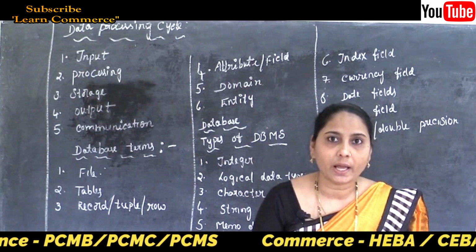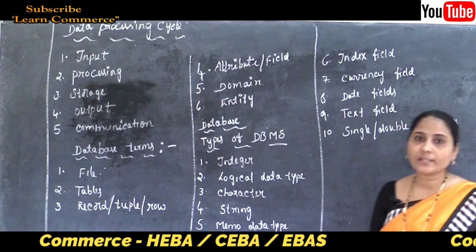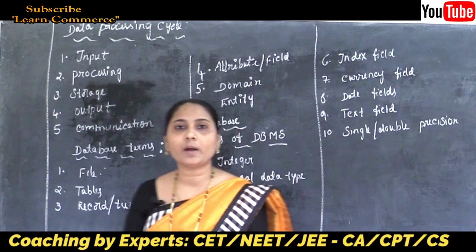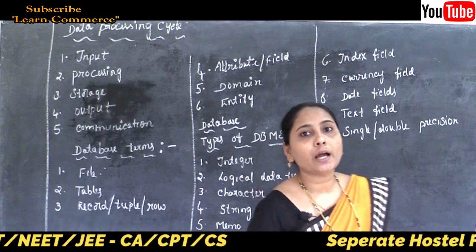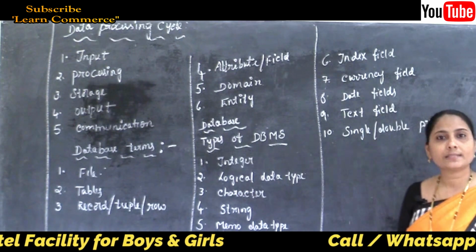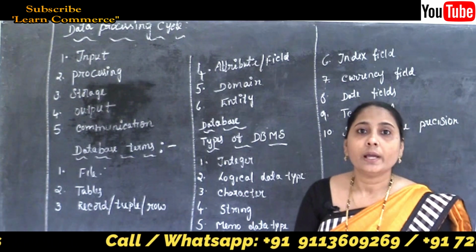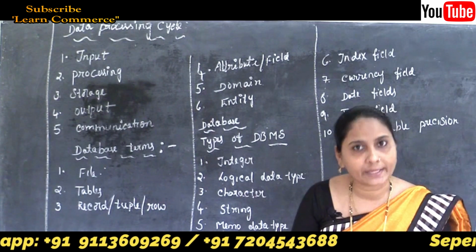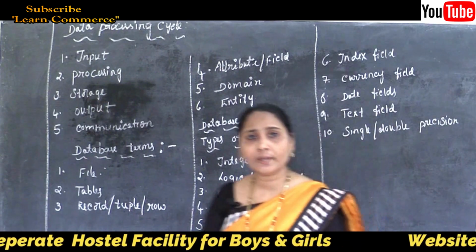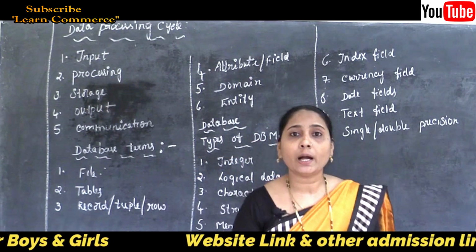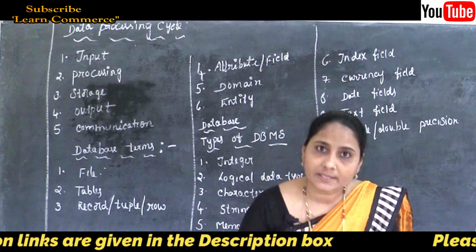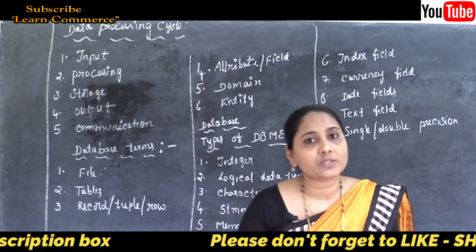and also the meaning of data, information and fact. Now in today's class we are going to learn the most important 5 marks question, that is the data processing cycle. Such a data processing cycle is also called our information processing cycle. The way data is processed in a computer information management system is called the data processing cycle.